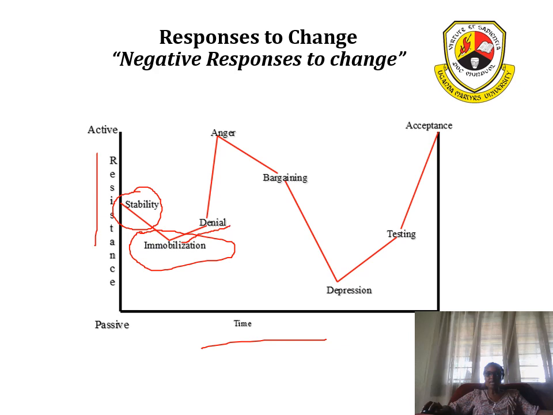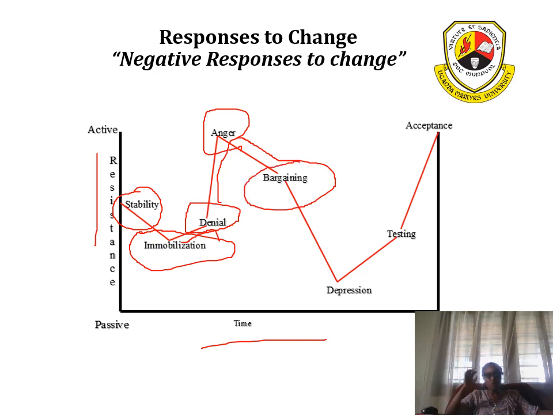Then this immobilization is followed by denial. I really don't want it, this thing doesn't work, even when they see it works. Denial comes together with anger. Okay? Now, this is where you, as the change manager, begin to bargain. Of course, we don't want to have resistance. We would prefer the previous path, which begins with positive. But if you encounter these users who are angry, begin to bargain with them and say, okay,